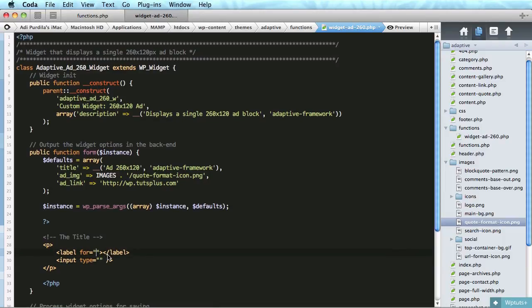Okay. So label, we're going to say title here. So we'll do PHP title adaptive framework, and label 4, it's going to be something like this: PHP. We're going to echo this